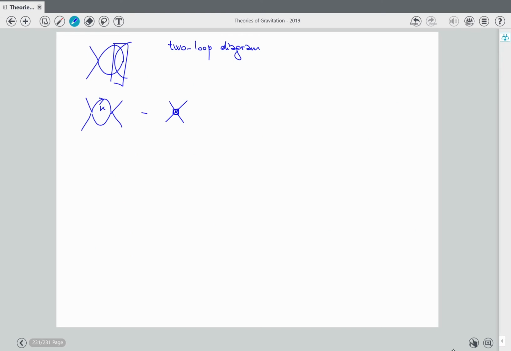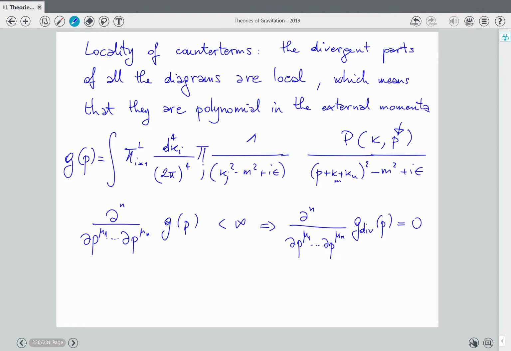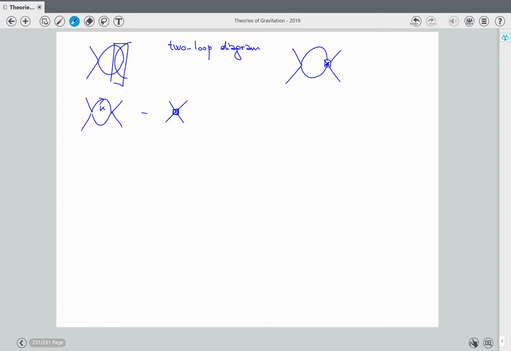The point is that when you have taken care of that at two loops, you will find that you won't have just that, but you will have also something like that. So you will discover that all subdivergences will be automatically taken care of, and only the overall divergence will remain. And this argument tells you that the overall divergence is local, and then you subtract the overall divergence in the same way, and you go on. However,